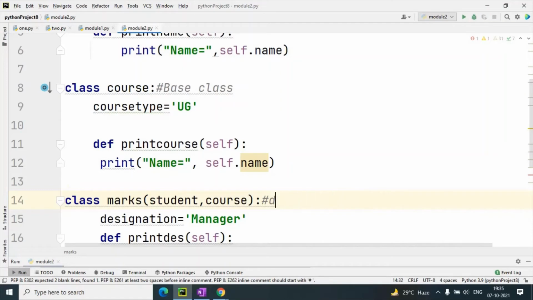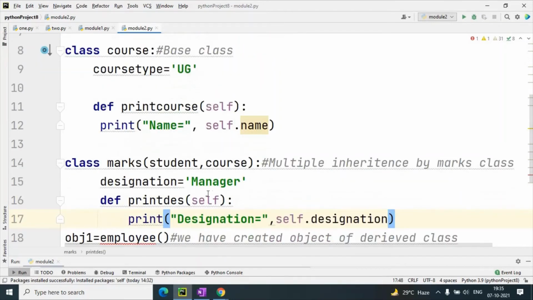So this is multiple inheritance by the marks class.